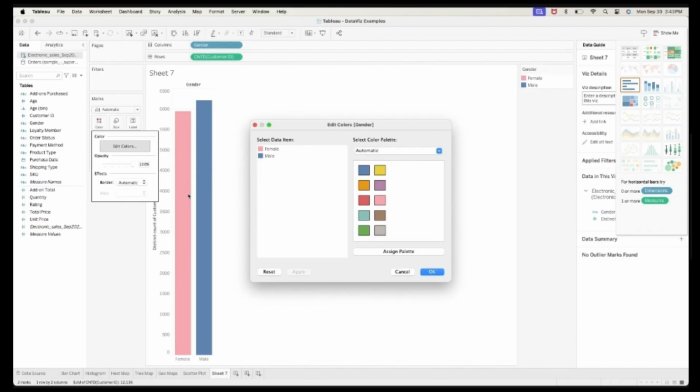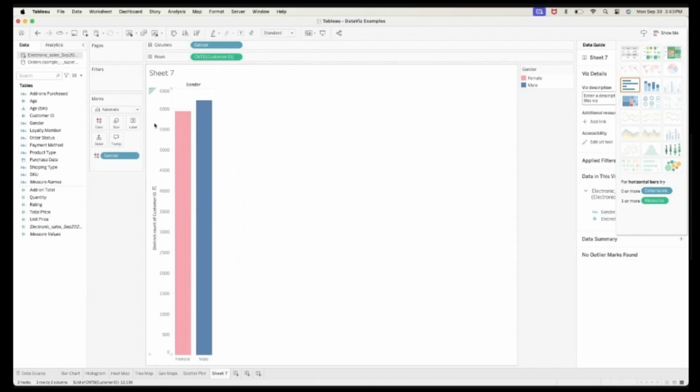Initially, if you are to do this on your own, blue lang siya. But then again, since I already did that previously, yung prior preference ko is yun na yung ginamit niya. But all you need to do is select that, select this, and then you assign it. You apply the color.